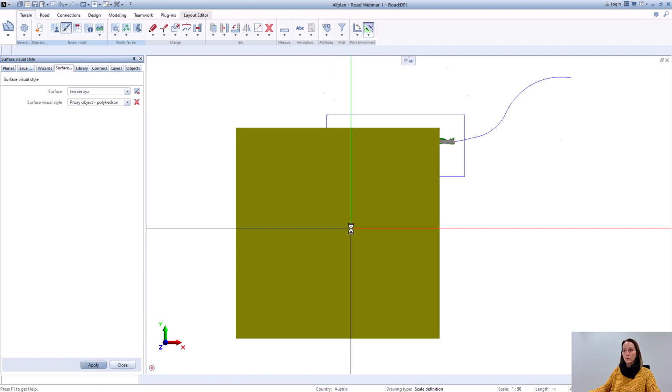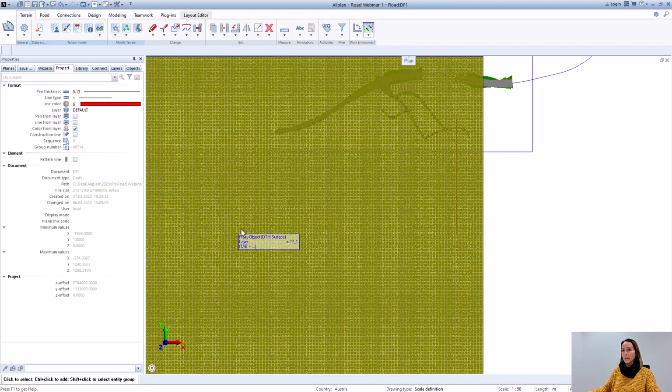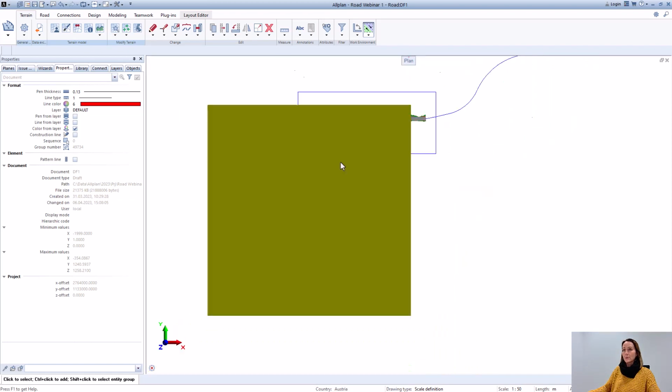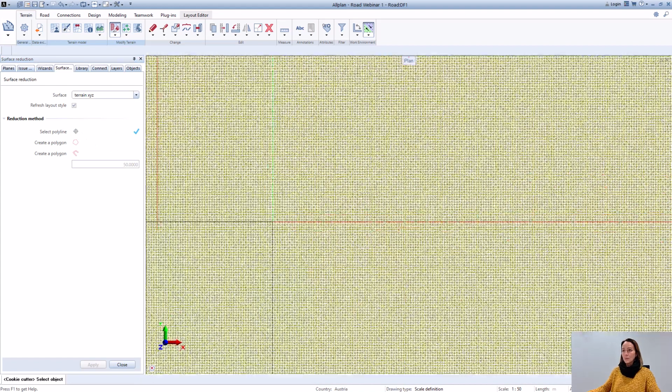because I would like to show you how you can reduce this surface to a smaller place, to use it anytime in the smaller version. We need it in this place here that I created already with a red line, and this red line we will now use to reduce this surface to this place. We go now to the surface optimization wizard, use cookie cutter, select the correct terrain, the refresh layout style should be checked, and we will now select polyline. You can also create a polygon and buffer it, but you can see that in another video of ours, and you can try it alone. But we will now select the polyline, go to the red line,